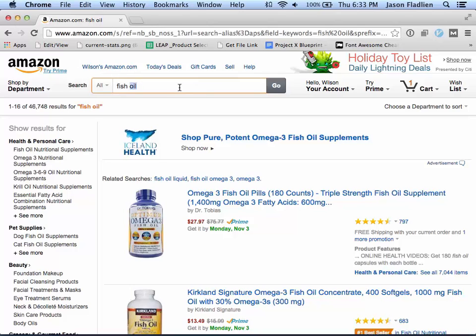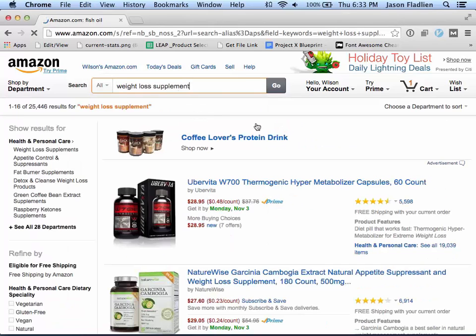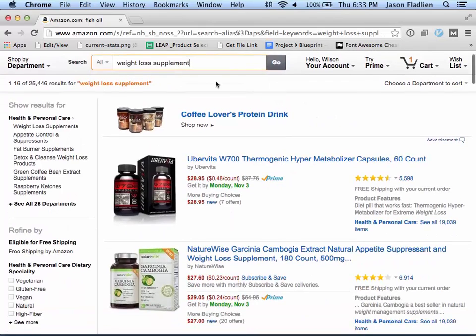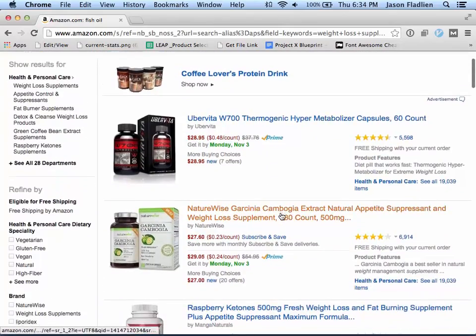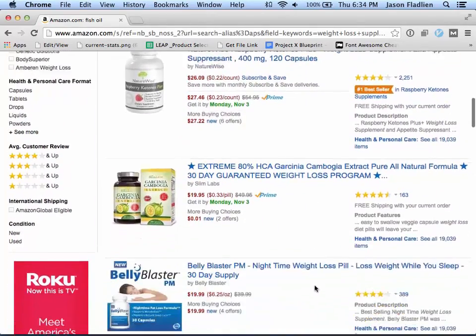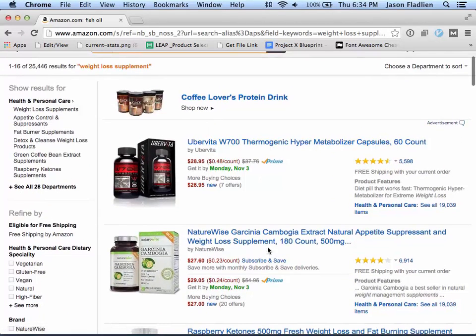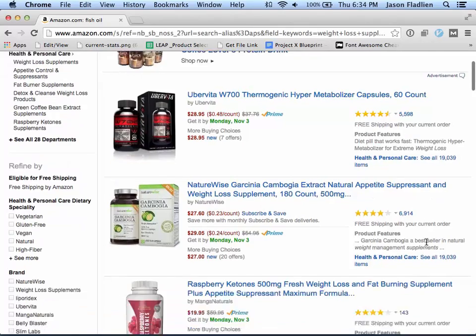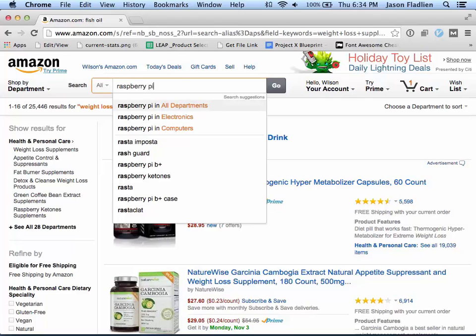So I'll give you a good example of the difference. If I just say something like weight loss supplement, the problem with this keyword is it's way too generic. It's not a specific keyword to a product, so I don't call it a good keyword. Thermogenic is one that pops up a lot, but then there's also Garcinia cambogia. There's also raspberry ketones, then raspberry ketones, and then another Garcinia. See, we want, when the main keyword that you type in, everybody on page 1 has that same keyword. So where this has a difference between thermogenic, Garcinia cambogia, and raspberry ketones,